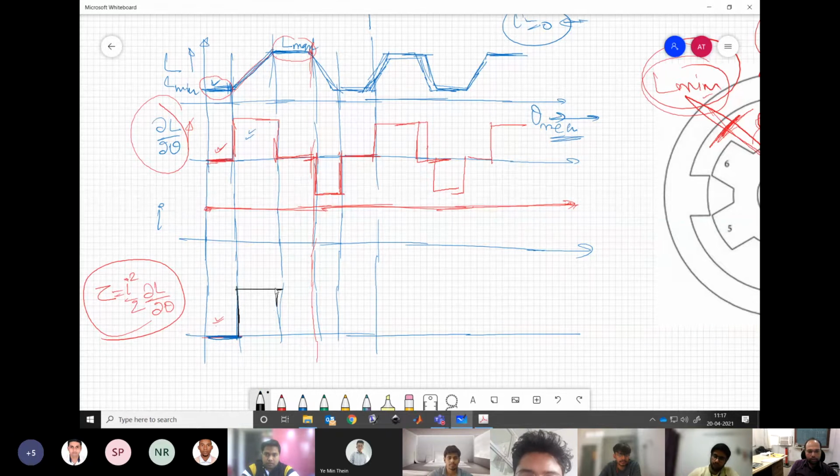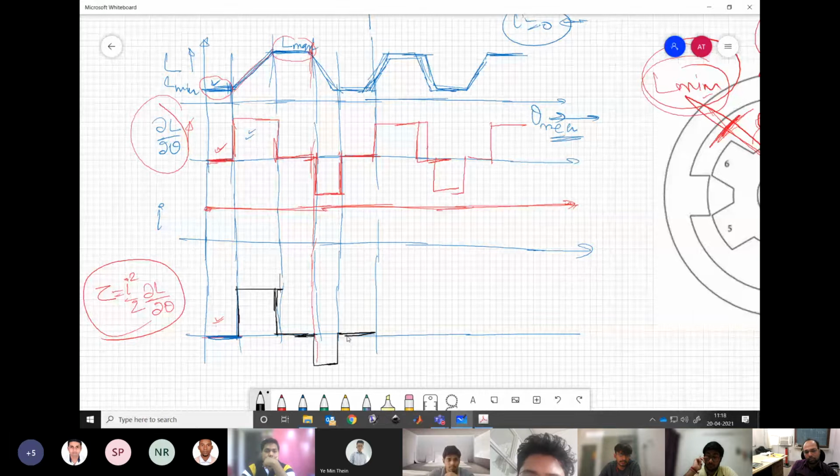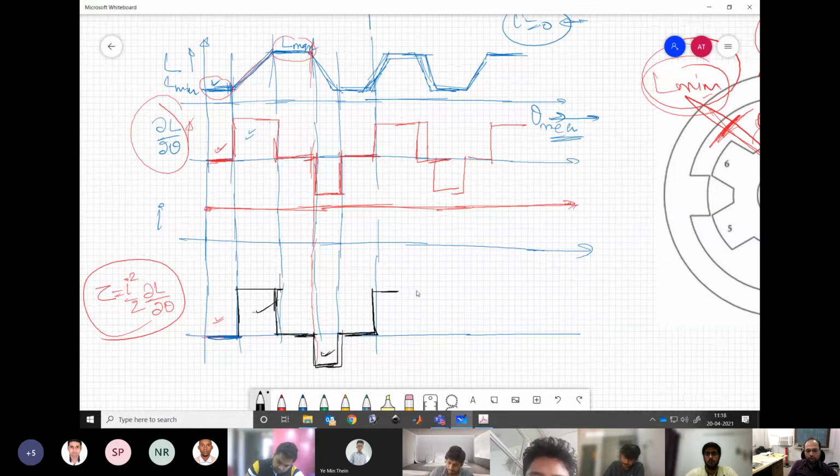It will be positive. Some positive value will be there. Again, after that, 0, next interval 0, then after that, negative, negative, after that, 0, 0, and then this cycle repeats. You are seeing what I am trying to say? These widths are equal actually. Don't confuse with pulse width kind of thing. These theta are equal.